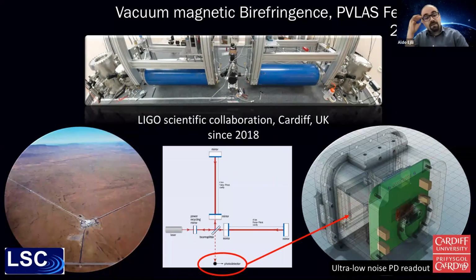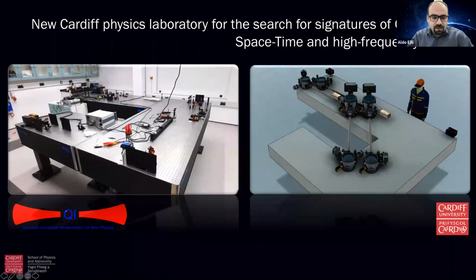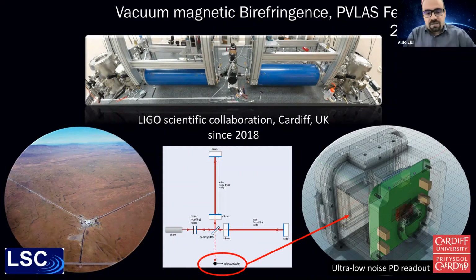What is vacuum magnetic birefringence? Imagine a part of space where you remove the gas, and what is left is nothing, so vacuum. This is the definition of vacuum. But can you go back one slide? Yes, this is the definition of vacuum, but in reality, what is left there is a virtual process of virtual particles that are created and annihilated. That is called the quantum vacuum, which quantum electrodynamics explains very